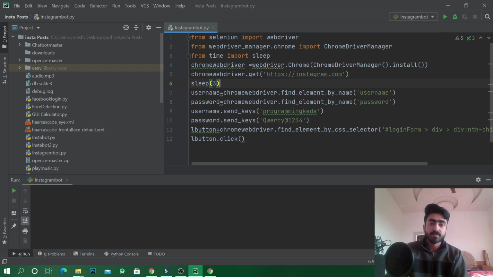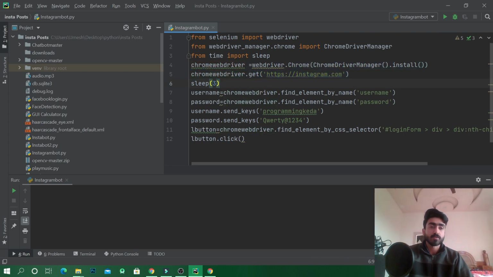It will delay the execution of our program for 3 seconds. Within 3 seconds instagram.com will be fully loaded, and when it is loaded we will then find our elements, username and password.